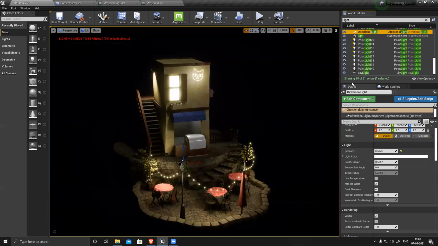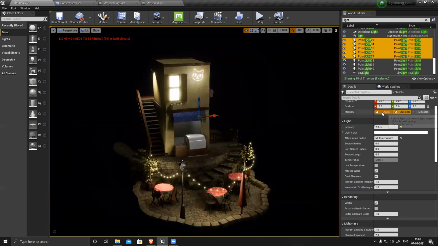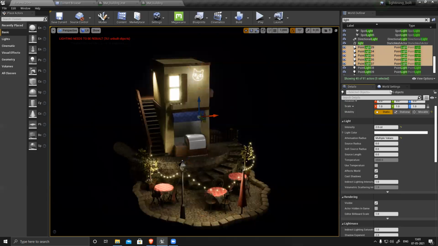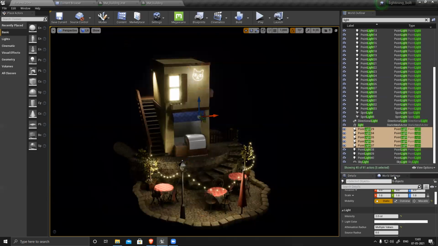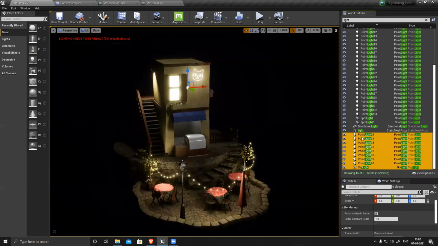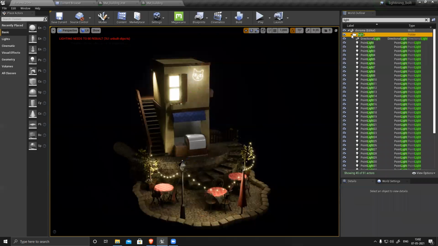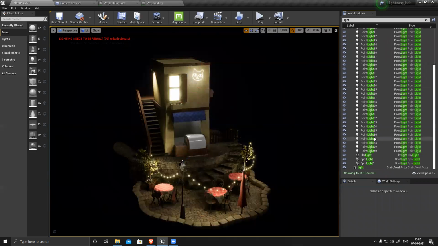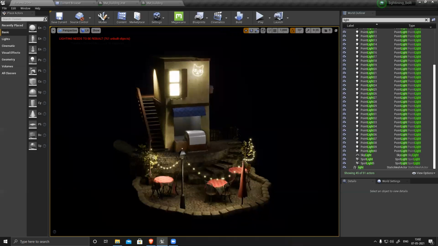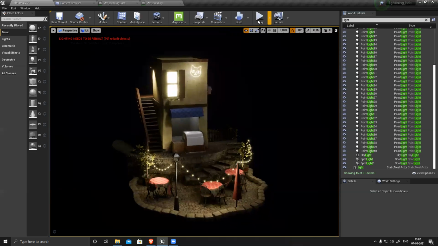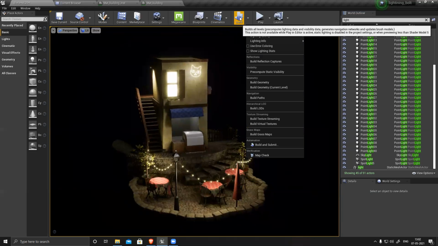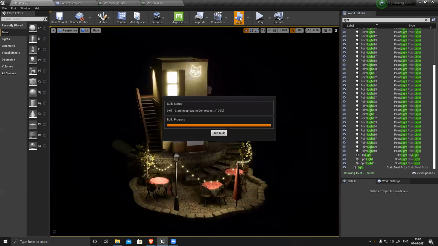Directional light, static. So all the lights and everything, make sure to convert them into static and move all lights inside this light folder, drag and drop. So I'll check everything is static right now. Once you're done with the basic setup and everything is ready, you have to bake it. You have to build the entire lighting. So click on this and we'll start building the entire scene.